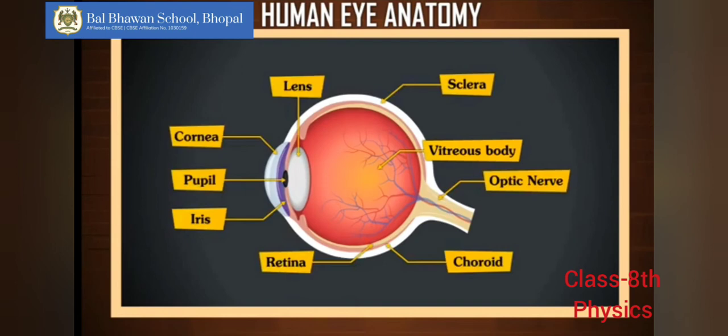Retina is a sphere on which the image is formed through the lens. Lens helps to focus the images on the retina. And the retina has many nerve endings. These nerve endings take the messages to the optic nerve, which take it in the form of electric pulses to the brain. Now two more things are remaining, two more parts.